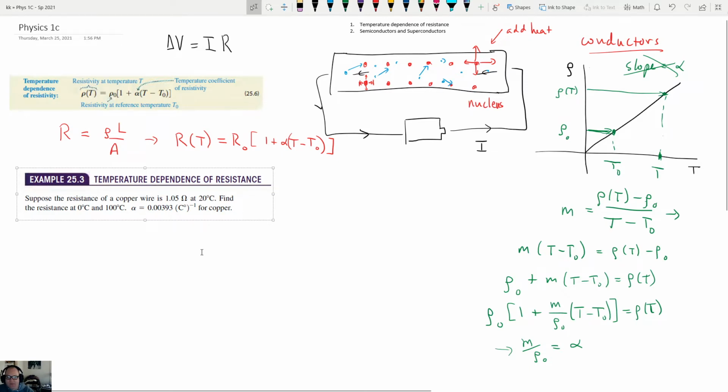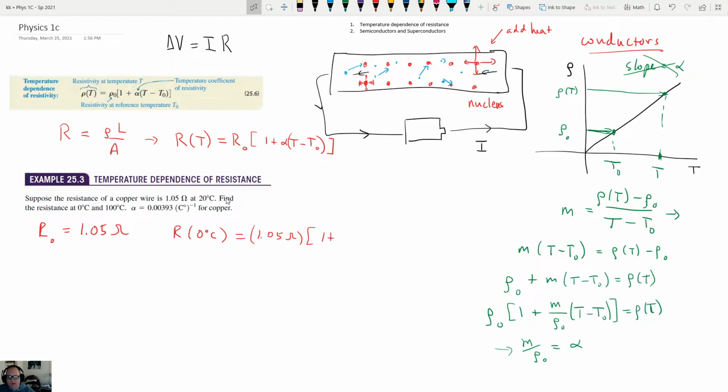It says the temperature dependence of resistance. Suppose the resistance of a copper wire is 1.05 ohms at 20 degrees Celsius. So that's going to be our R naught, 1.05 ohms. It says to find the resistance at 0 degrees Celsius and at 100 degrees Celsius using alpha equal to this for copper. So we're going to find the resistance at 0 degrees Celsius by plugging in 1.05 ohms